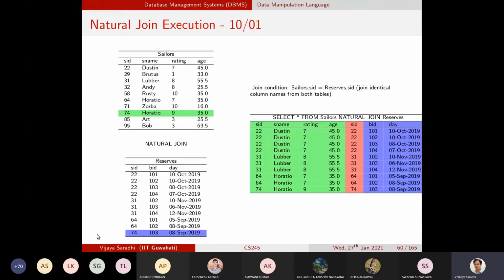So whenever you are inserting one record in the reserves, it will check the presence of the particular SID in the sailors. For example, if I try to insert sailor's ID 101, reserved boat 102 on 9th September, it will first verify whether sailor ID 101 is present in the sailors table. That is at the time of insertion, updation and deletion. But here what are we trying to do? We are just trying to join two tables. So constraints will have no role to play.